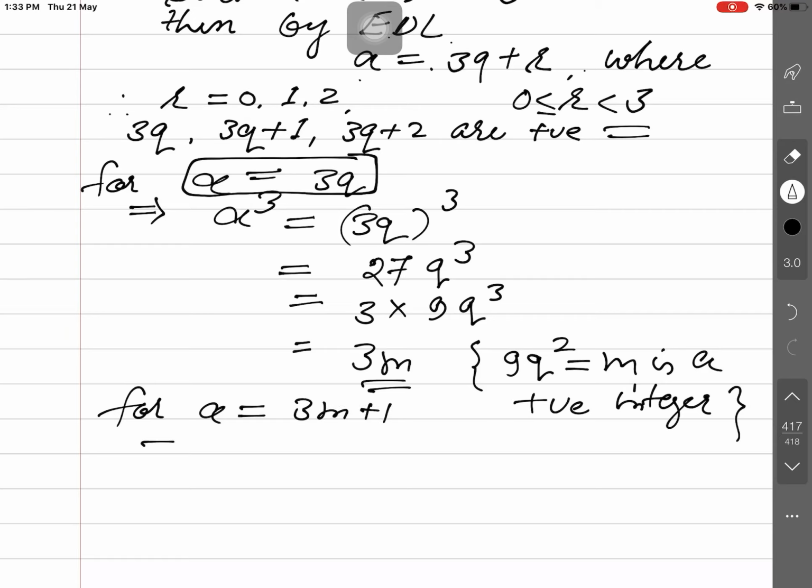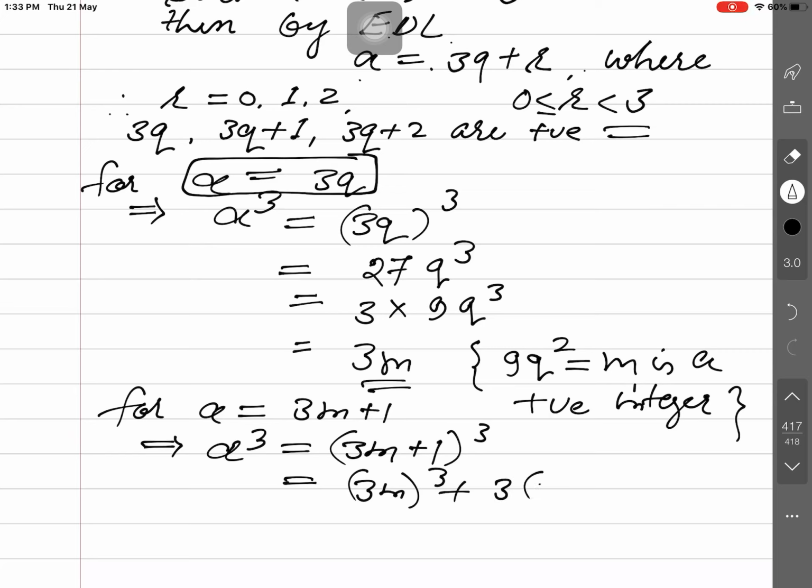Is that clear? So again cubing either side. Simply you write a cube. You may see this on the screen. It is appearing. What you are doing with this? Cubing either side. Now recall the formula from the 9th standard. a plus b whole cube. First term cube. Do you remember this?